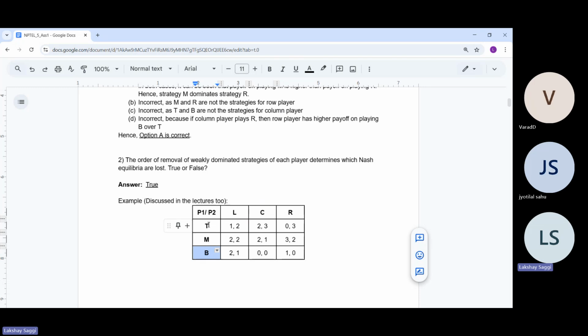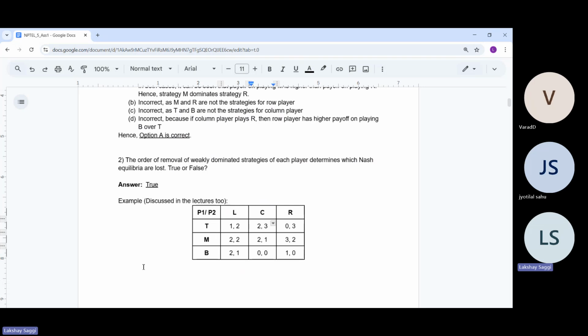Just like in short, these strategies have been written as TMB and LCR. And let's suppose this is the payoff matrix given to us. So now, while finding the Nash equilibrium, or while finding out any